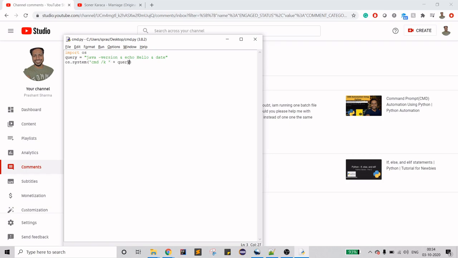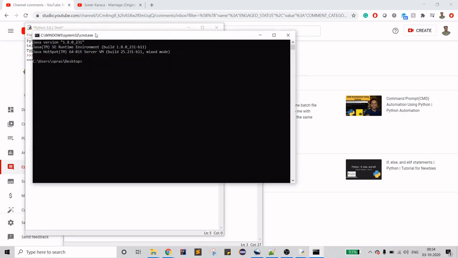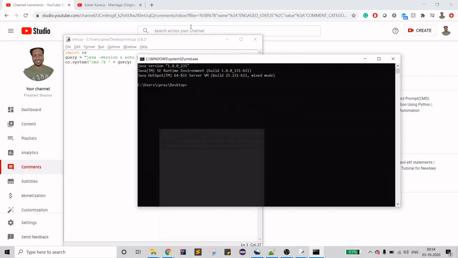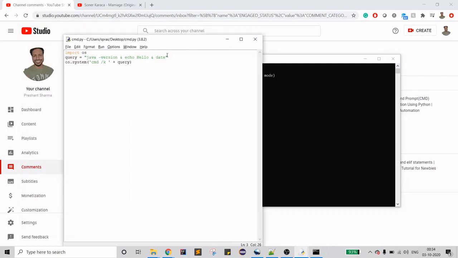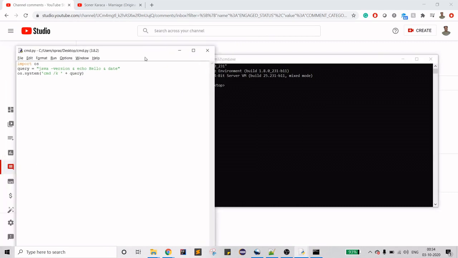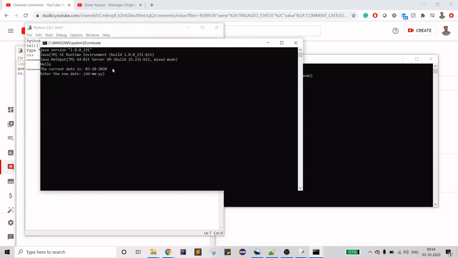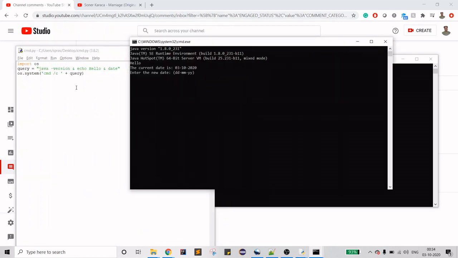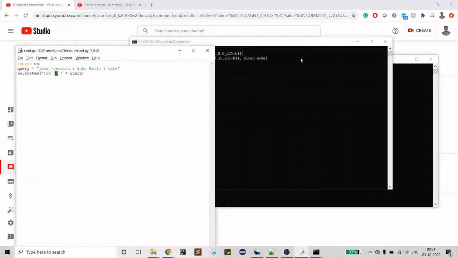So when you do that, if you run the code, you see that just the one command is getting executed, which is weird. Okay, let me see what happened. Okay, so when you have to do multiple commands, you have to use /k.